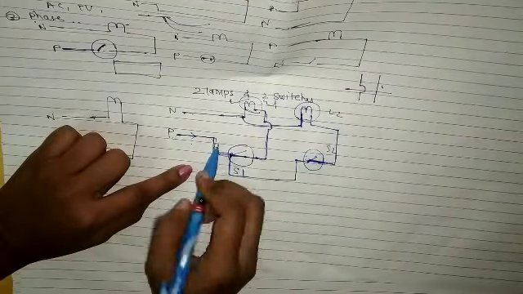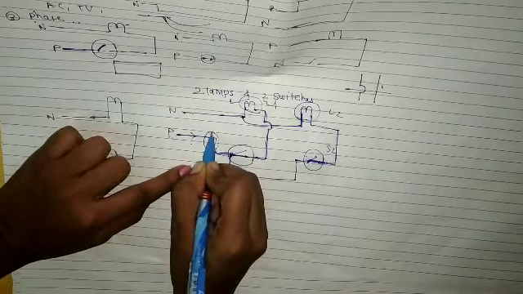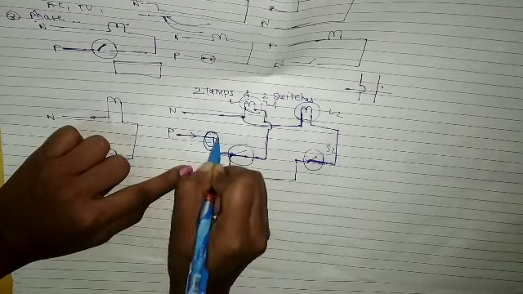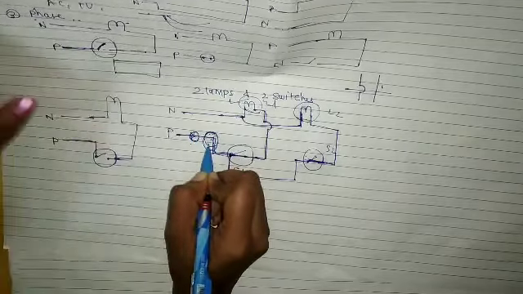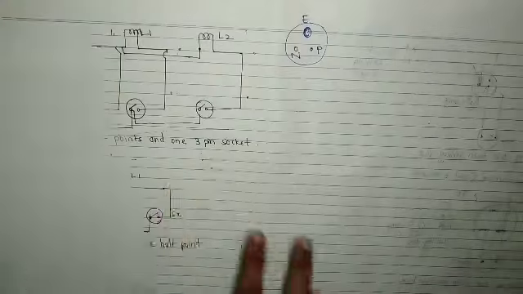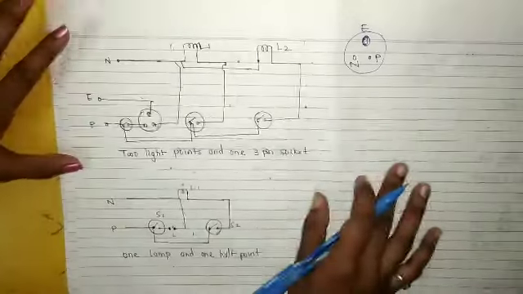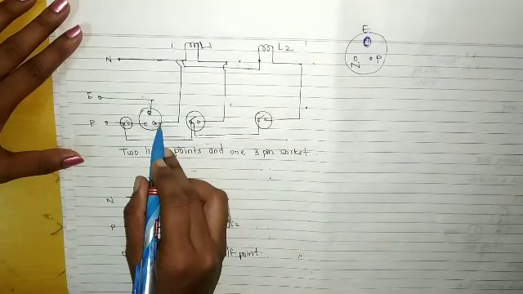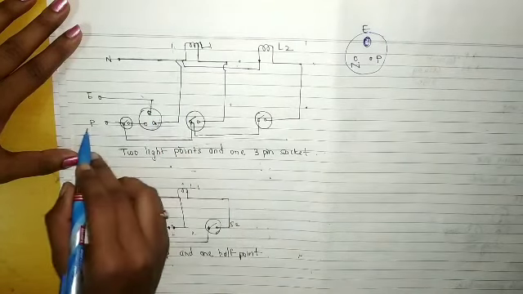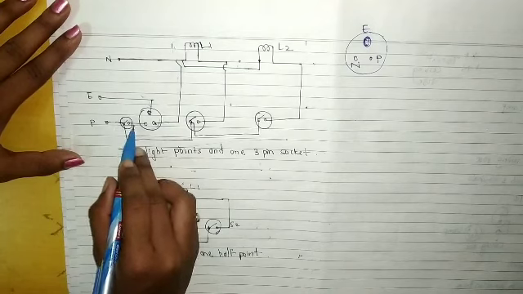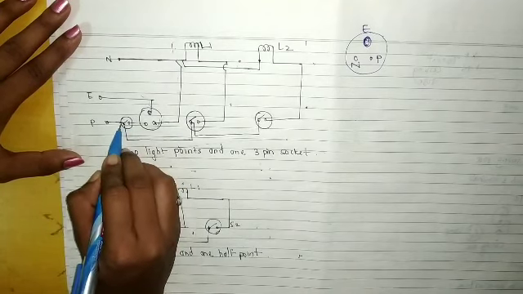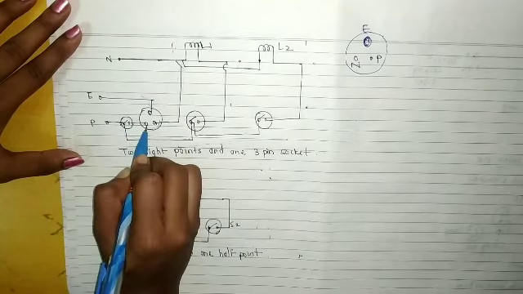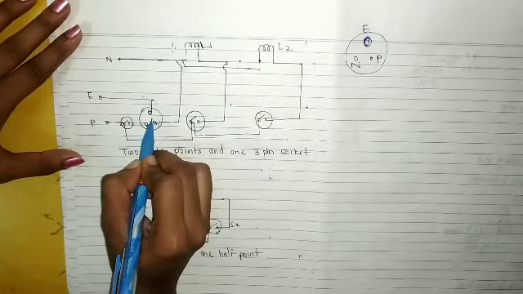Now what we did here, same, we just have to include the 3 pin socket, and we have to include this switch for this 3 pin socket. Just 2 things we have added here, right? So the neutral from here we have given to this 3-pin socket. The phase is given from this switch. So the phase will first go to the switch and then to the 3-pin, and the earthing is provided here.